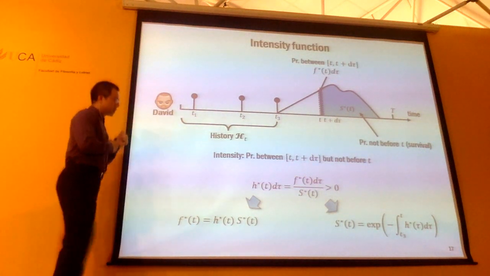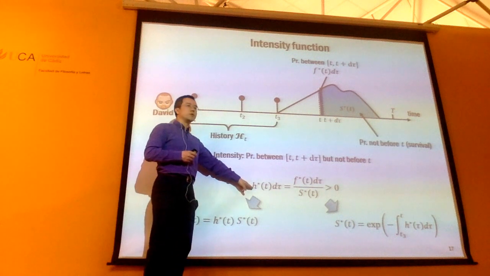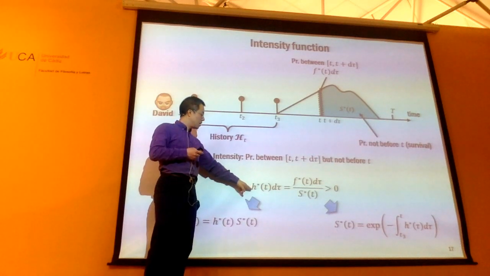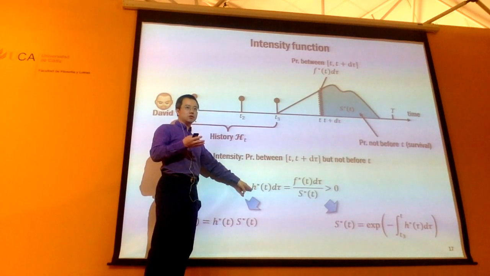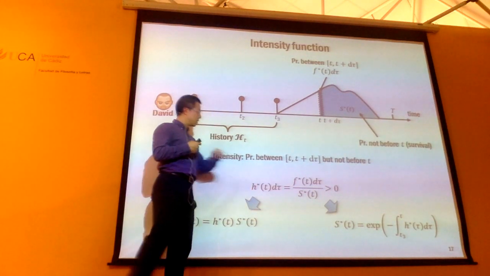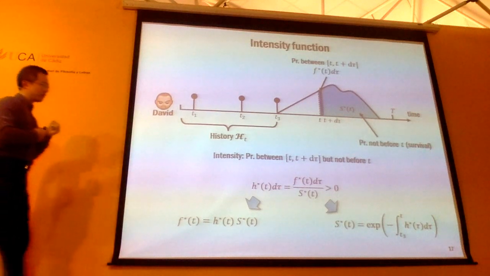The nice thing about the intensity function is that you don't need it to be normalized. When you talk about density, it's always normalized, right? When you integrate from 0 to t, the density normalizes. But for conditional intensity, you don't need to do that. You just need this function to be non-negative, and then you can call it an intensity function. Essentially, you can design lots of meaningful intensity functions depending on your application. We are going to see lots of interesting examples.